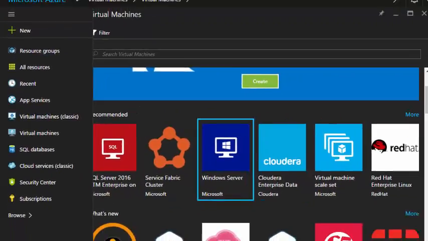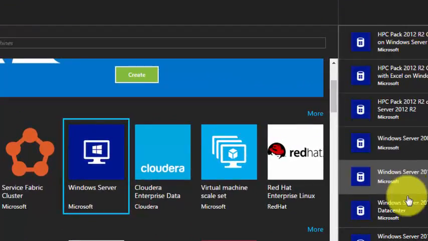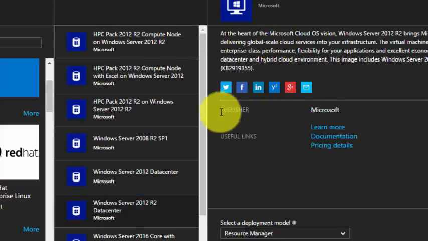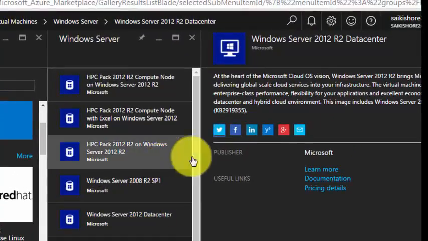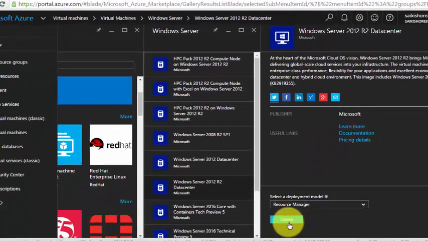Click on Windows Server. Select Windows 2012 R2 data center, or whatever, it can be 2008, whichever operating system you want. Select the deployment model as resource manager because we are using the new portal. Click on create,